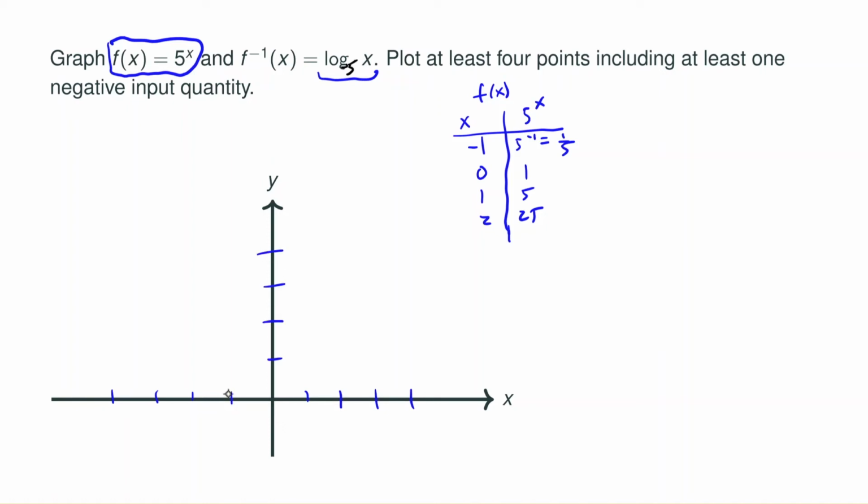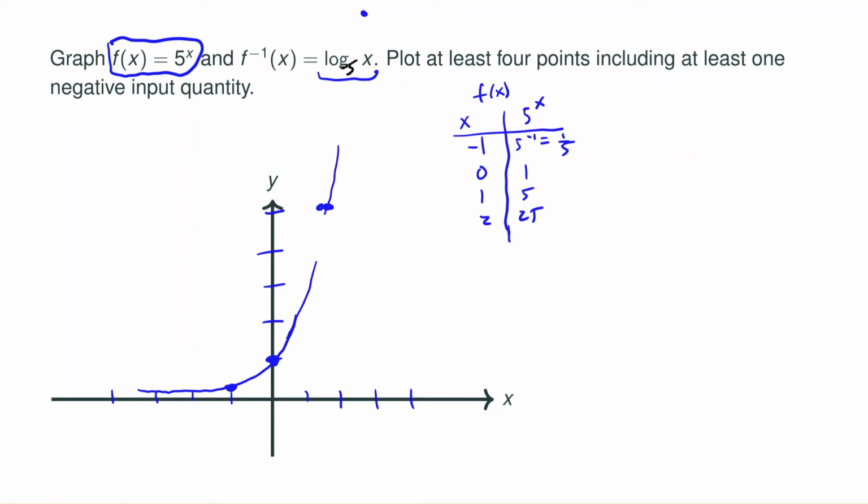So when x is negative 1, it's 1 over 5, which is small here. When x is 0, it's 1. When it's 1, it's 5, so it's all the way here. When it's 2, it's 25, so it's really big, way above, right? So let's say just really high, maybe somewhere here. So if I connect these,